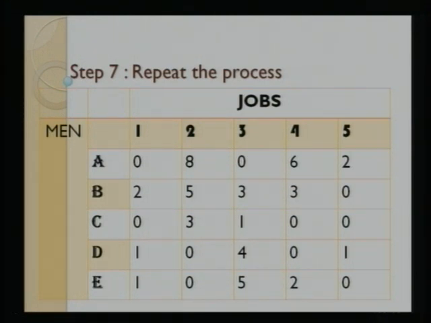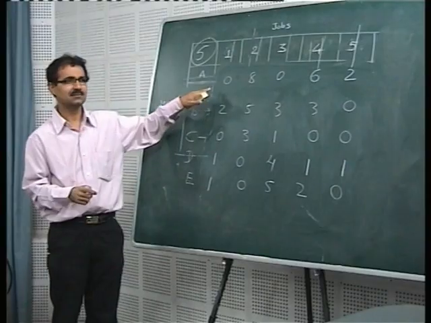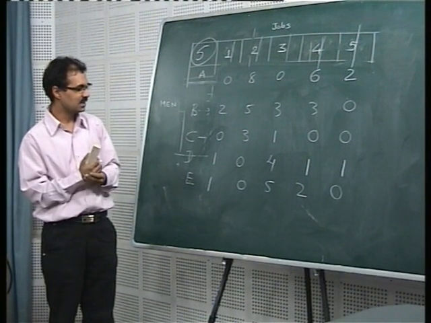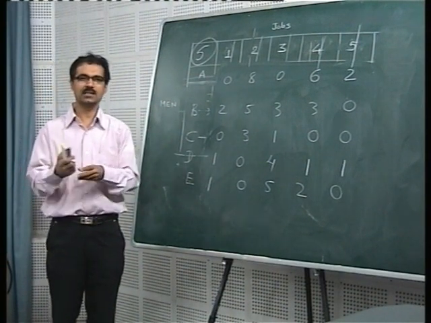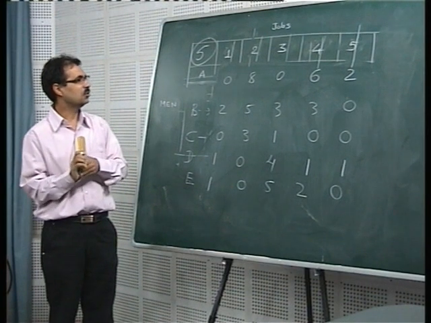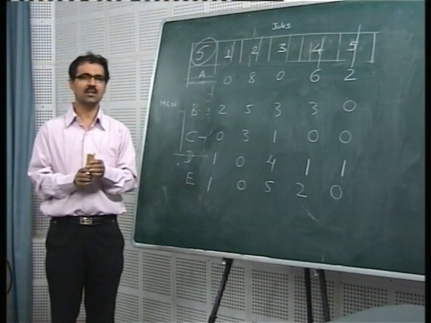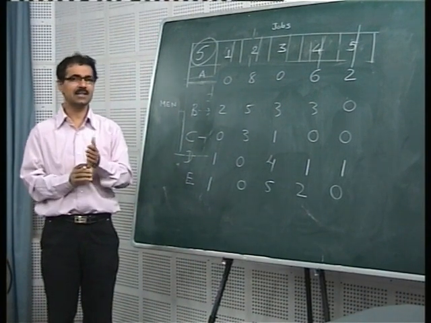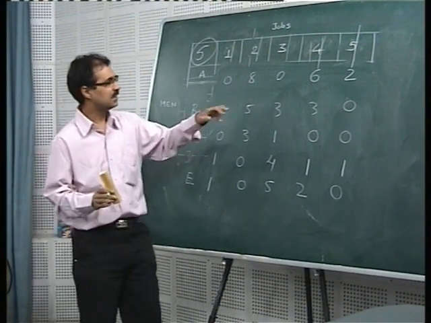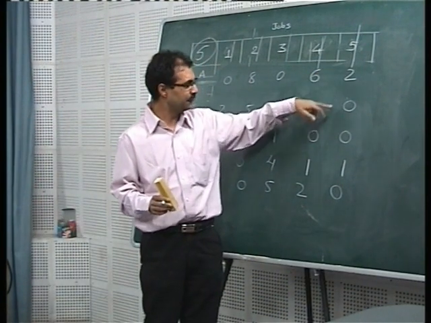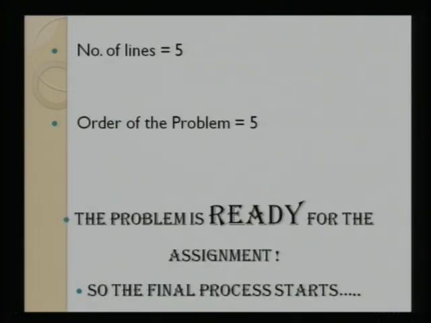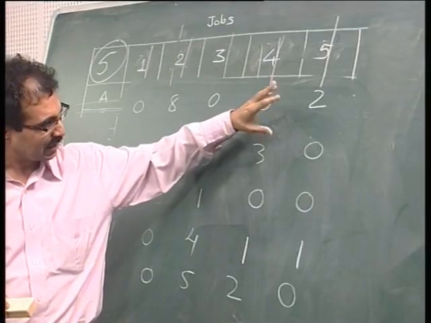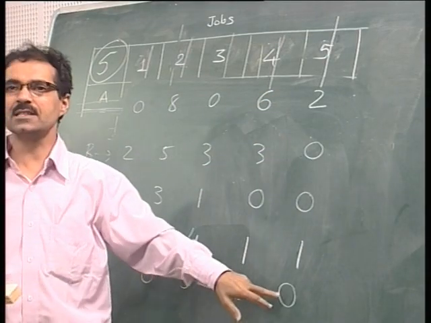So let us see on the board. Okay, so we have this new fresh table available to us. We can see that some more zeros have entered our family. Again, we are going to do the same job. We would love to cover all zeros by the minimum number of horizontal and vertical lines. So see, the fifth column is getting weaker now. Earlier it had 5 zeros, but now there are only 3 zeros left with us.